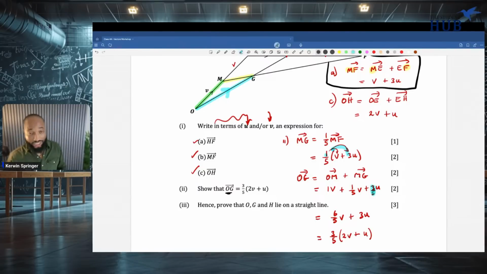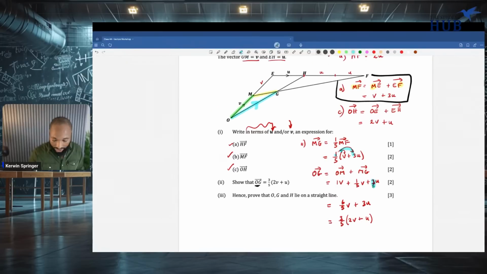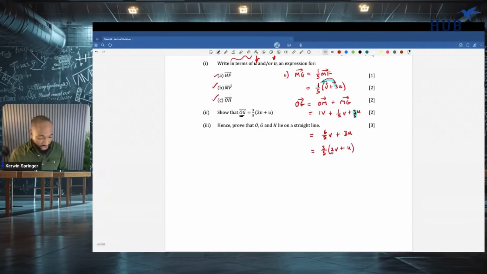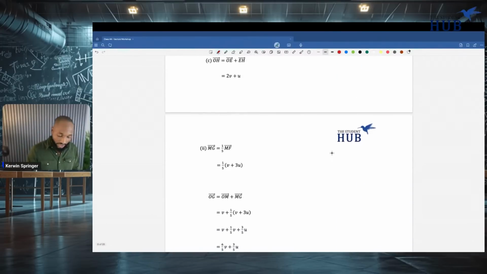So we just finished. This is as difficult as these vectors questions can come. What do you think? Rate out of 10. The main thing is understanding that the key to vectors is finding another way and then understanding how to manipulate the fractions properly. If this was just a V and another V here, and I say OG is V plus V, 2V, everybody would understand. But anybody who doesn't understand is because they get lost with the fractions, which is why we have to do another one. Let's go. Now, this is all the solutions typed up here.